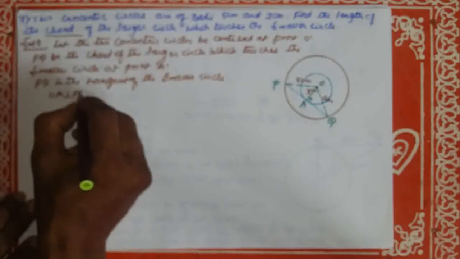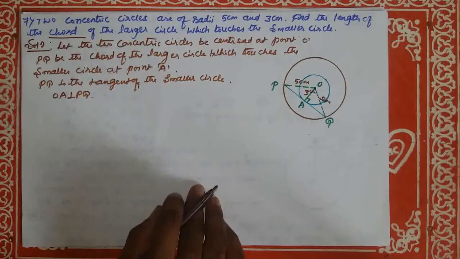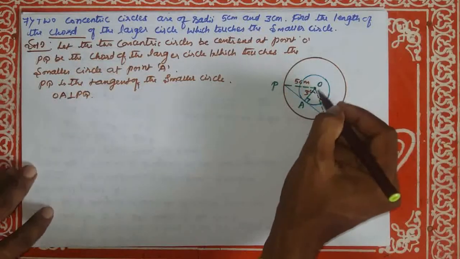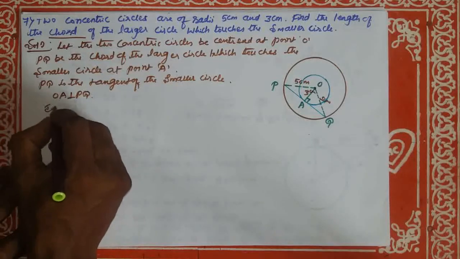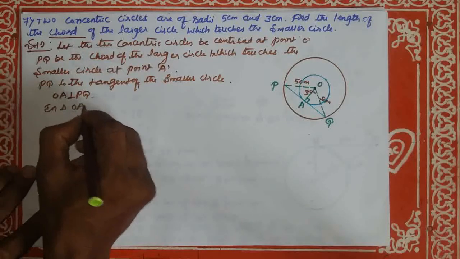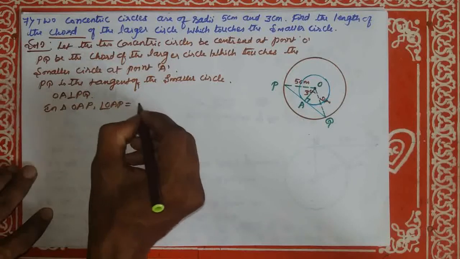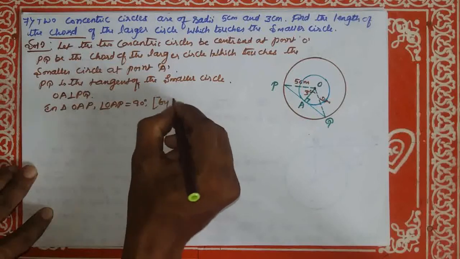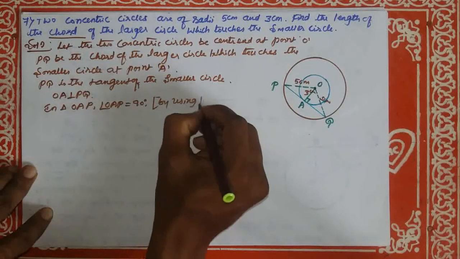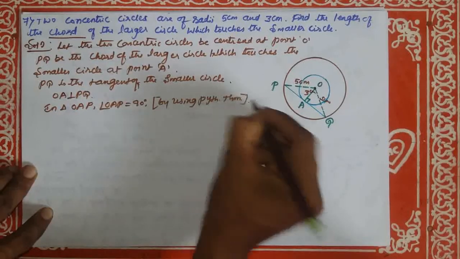Therefore, in triangle OAP, angle OAP is equal to 90 degrees. By using Pythagoras theorem we obtain